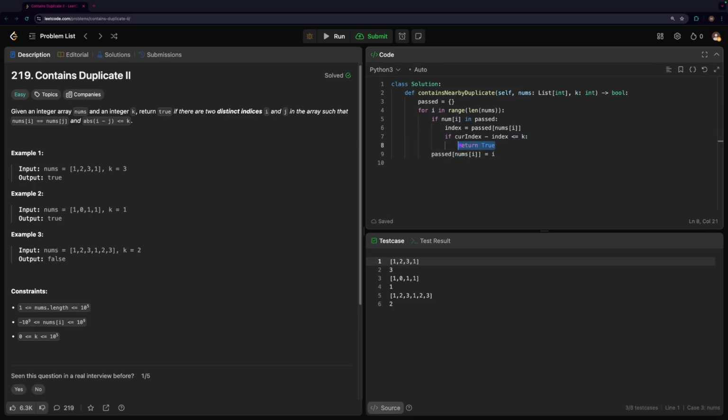So another thing I want to mention is that it says here there are two distinct indices I and j in the array, such that the absolute value of I minus j has to be less than or equal to k. But you might wonder why I am just checking if current index minus index is less than or equal to k. Why am I not also checking if index minus current index is less than or equal to k? And the reason is because we don't really have to,